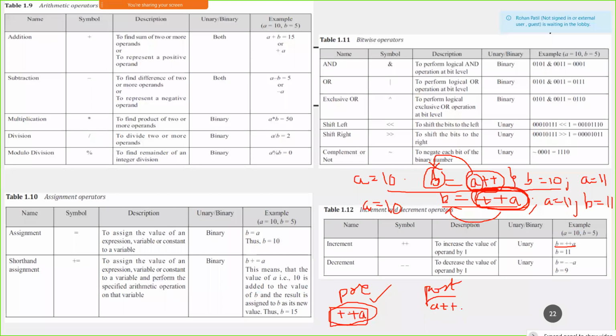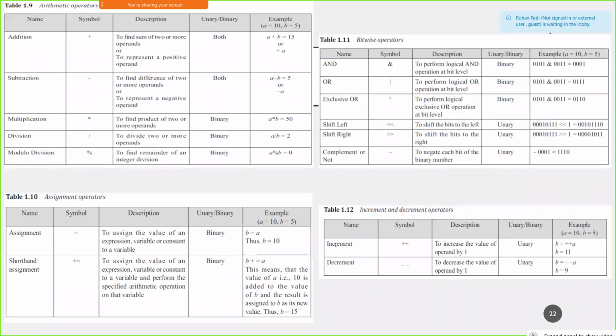In this case, you are using the value first and then incrementing the value of a. Here, you are first incrementing the value of a and then using that value in this expression. That is what is happening in this case.